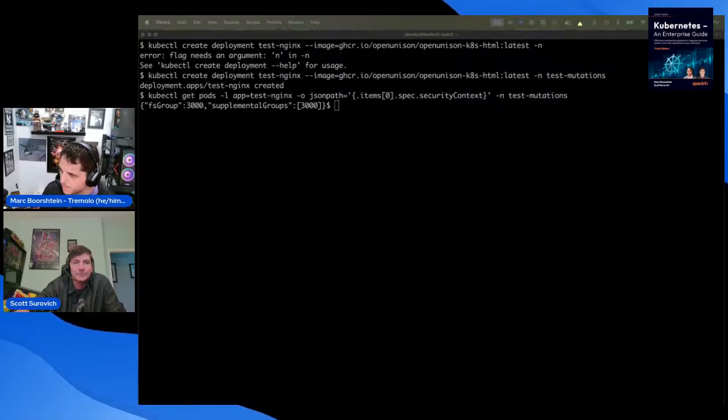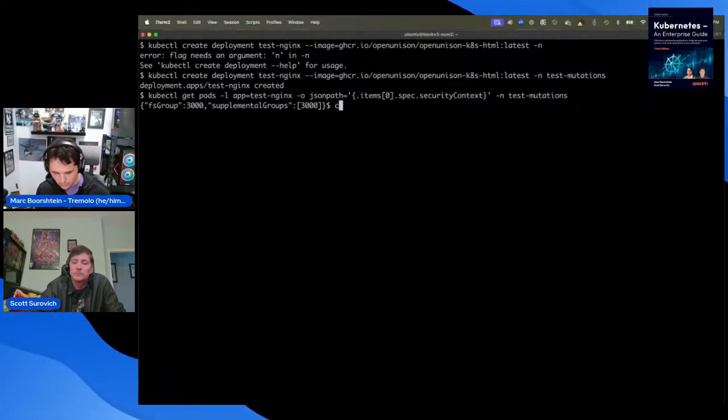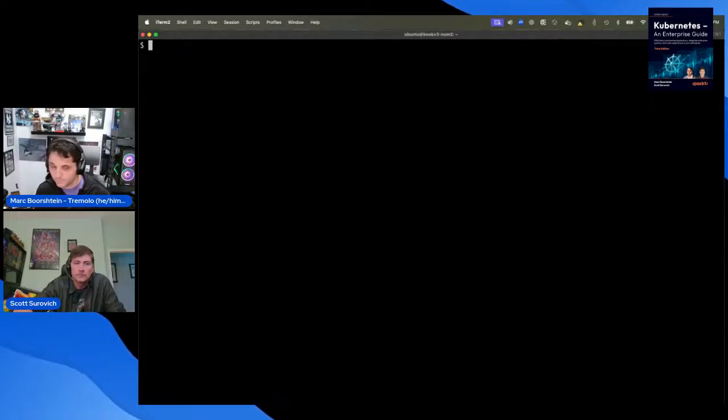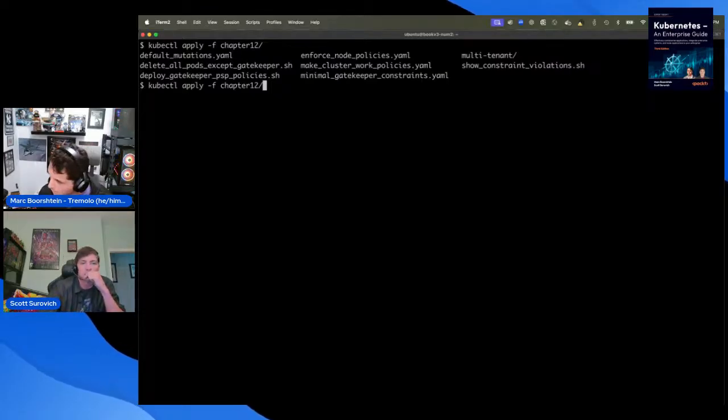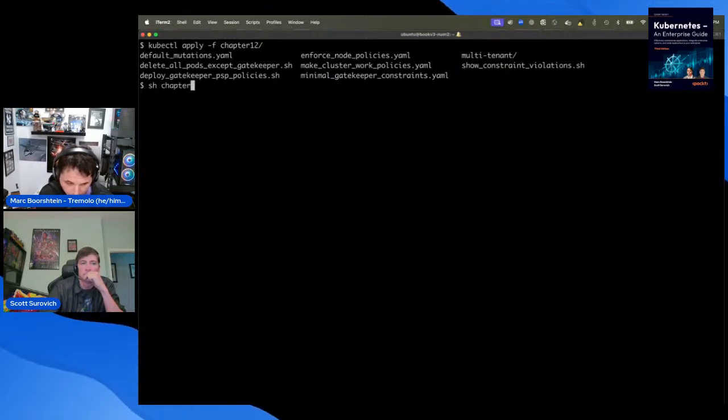So I actually missed a step in the lab. I'm on page 356. The first thing we actually need to do is, let's see, there's privileges or minimal Gatekeeper constraints. Oh wait, no, it's SH chapter 12.